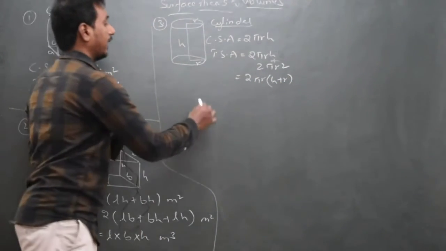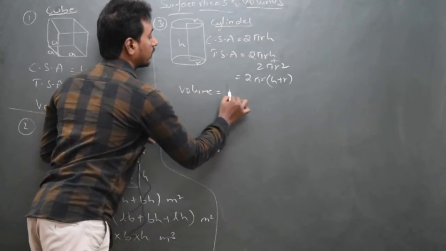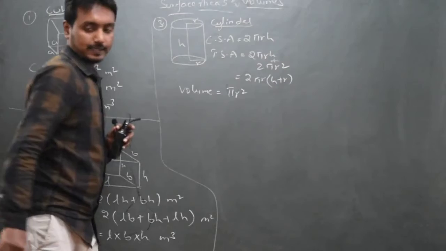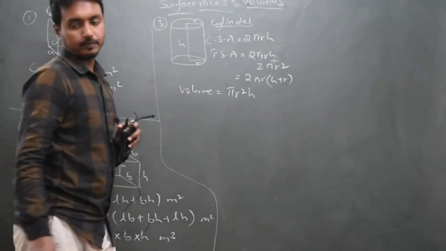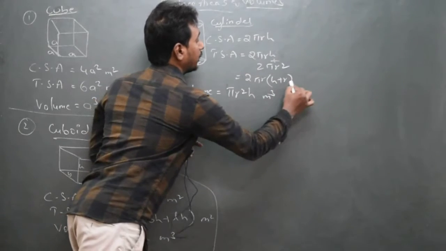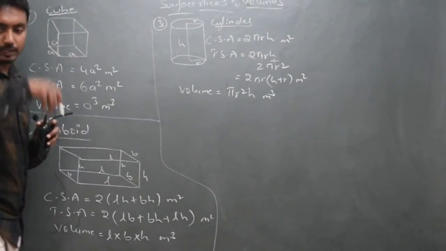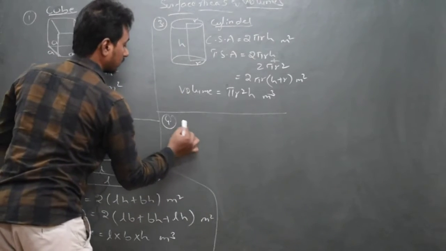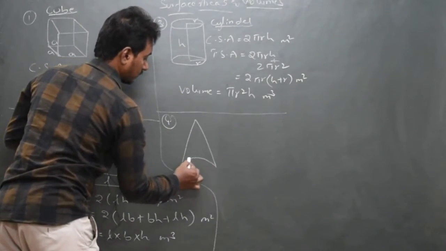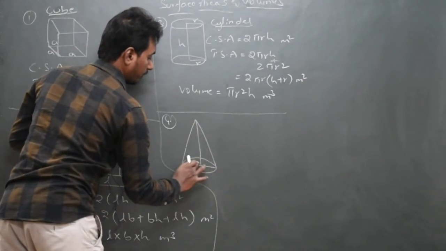Clear? Next, what will be the volume? Volume is pi r square, the area, into h will give you the volume. So pi r square h, meter cube, meter square, meter square. Clear? Next, we are talking about something called